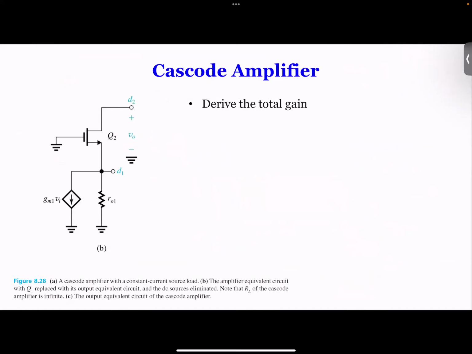So basically what we are saying is AV equals minus GM1 times RO1 times GM2 times RO2. So typically, if these transistors are identical, you basically make it really big. Like if it's 100, now it's like 10,000, right? So this is very useful in terms of our